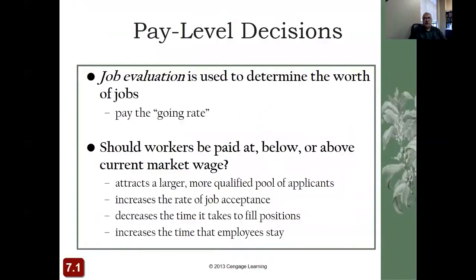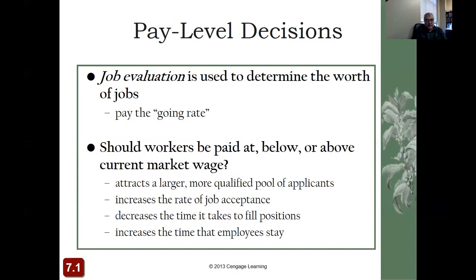Pay level decision. Job evaluation is used to determine the worth of jobs. Pay level decisions are decisions about whether to pay workers at a level that is below, above, or at current market wages. Companies use job evaluation to set their pay structures. Job evaluation determines the worth of each job by determining the market value of the knowledge, skills, and requirements needed to perform it. After conducting a job evaluation, most companies try to pay the going rate, meaning the current